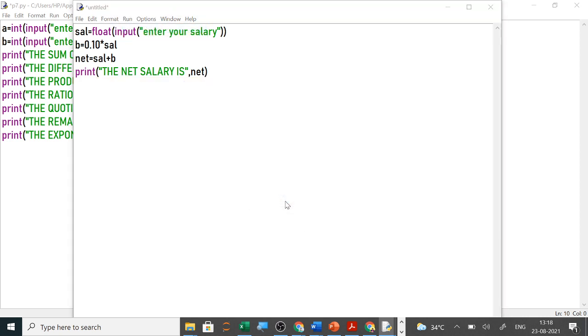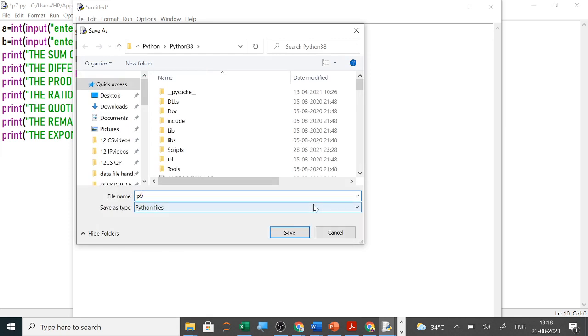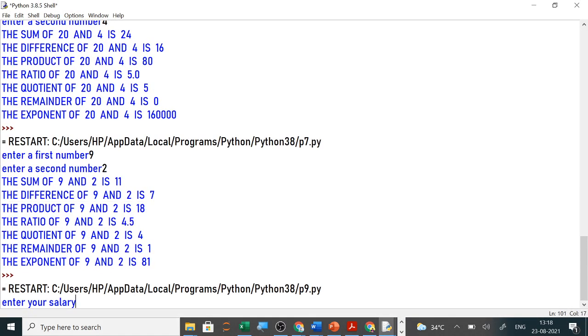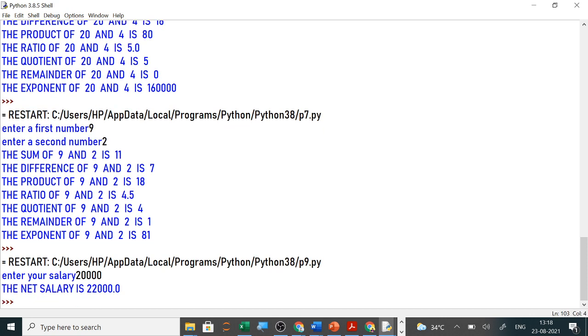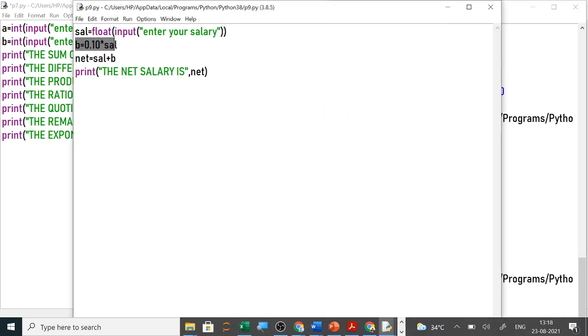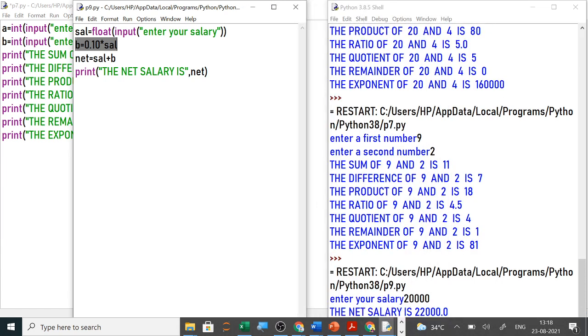So when you run the program, you have to save it, and then you can see it will ask what is your salary. Enter your salary. Suppose your salary is 10,000 or 20,000. Now it is showing your net salary is 22,000 with bonus, because it is a 10% festival bonus, and now your salary has increased to 22,000. Clear? So like this, I will share you the list of all the programs which you can do very easily. If you have any doubt in any